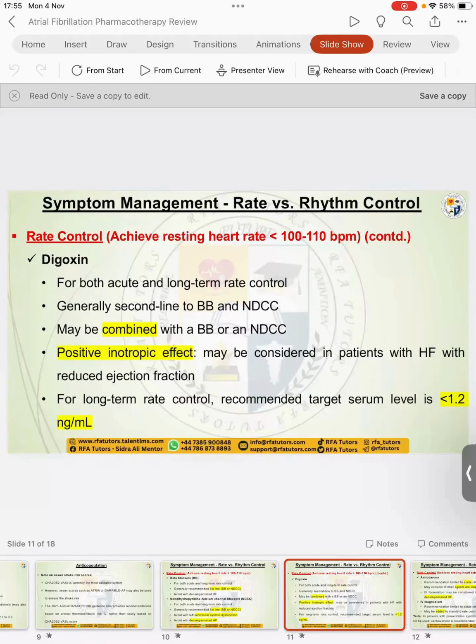So what should we do in those conditions when we have decompensated heart failure, where we should avoid the medications which are negatively inotropic and chronotropic? In those conditions, we have to choose the medication which itself has a positive effect on the heart contraction, which we say has the digitalization effect, which is digoxin, which we especially use to control the rate in the